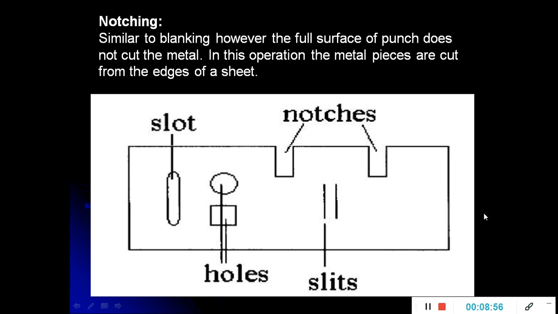Okay. Coming to the notching operation. The notching operation is similar to a blanking operation, the only difference being that here a percentage of a punch is used, not a complete punch. The percentage of a punch is used to remove the material from the end of the workpiece. Let us consider this is the workpiece, and the material is cut from the edge of the workpiece. This is known as a notching operation. It is done similar to a blanking operation, but only at the end of the sheets.